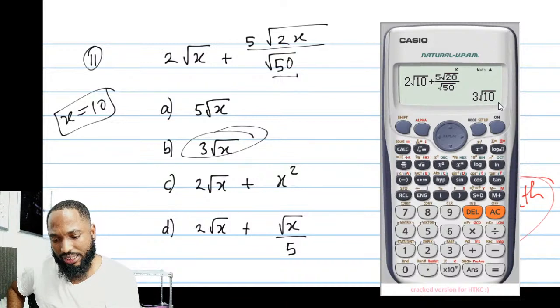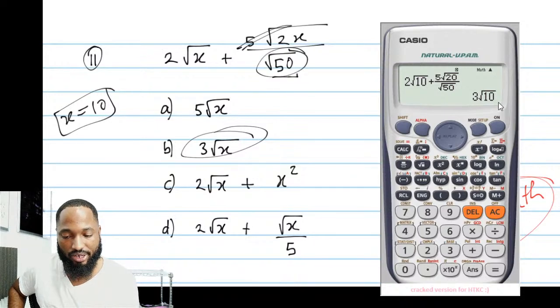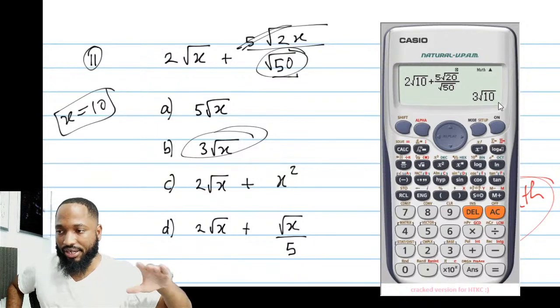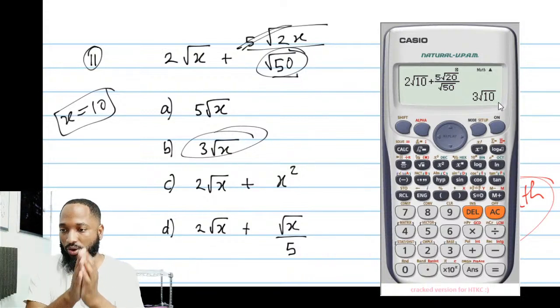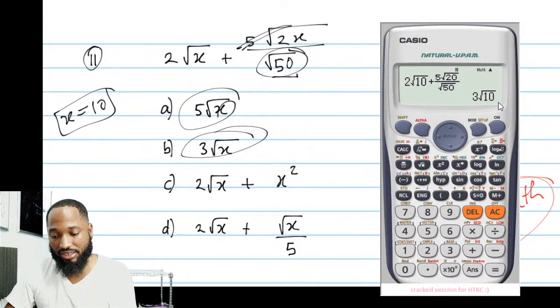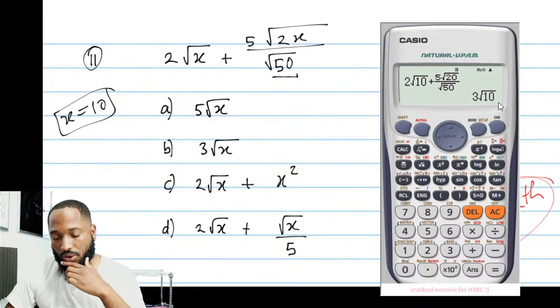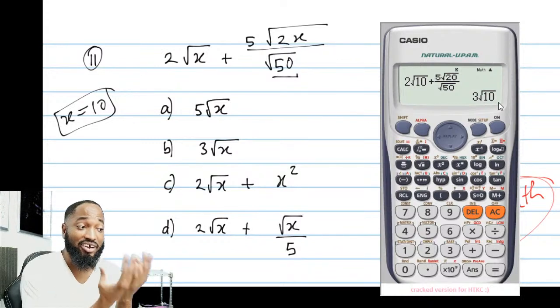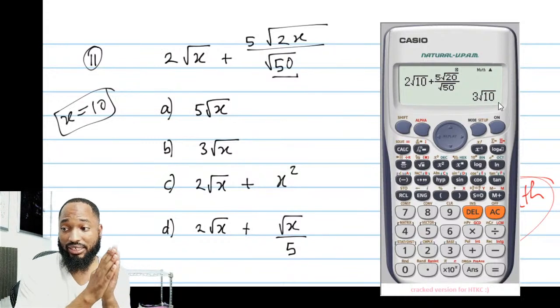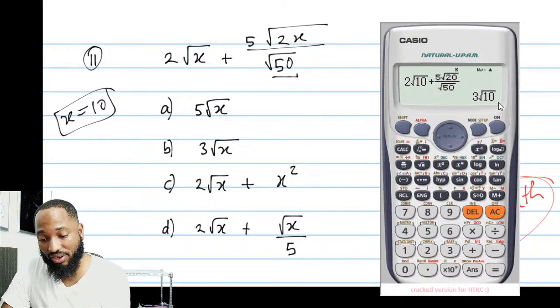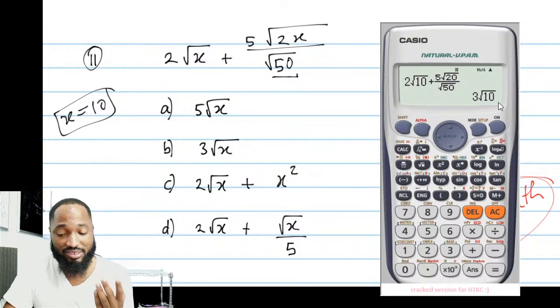CSEC normally brings a question like this, where something here will cancel with something there. You need to use some surds to get it and it will cancel. Or it can even be linear, and you use surds to cancel out and then you add up all and you get one of these answers. You rarely get a double of an answer like that. So what I'm saying is you don't even need to understand surds. You could just substitute a value, some random value, 10.